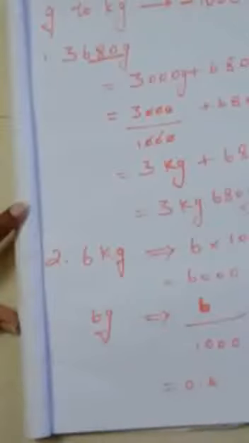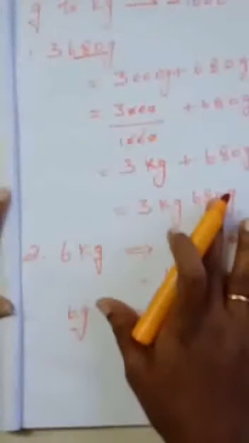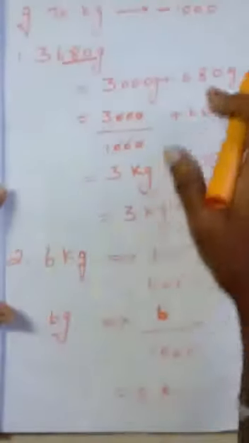0.006. Based on the value, this procedure will change. A 0 point will come when you divide this. So how many zeros are there? Based on that, 0.06 or 0.006, like that the value will change. Clear? I hope you understand, because instantly it looks like a very large quantity, so don't hesitate over it. I hope the step is clear.